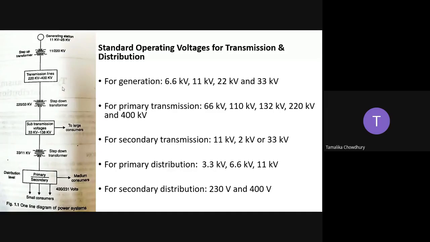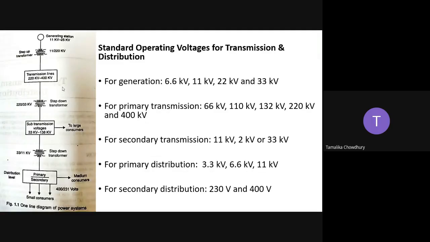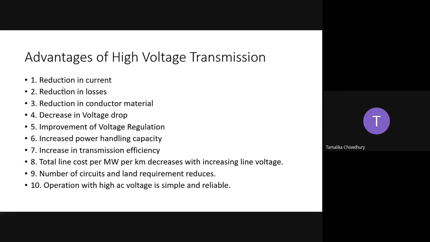Okay, so next, moving on to the main thing, the transmission and distribution advantages. Among these three, you can see the voltages of the transmission part are the highest. At the primary transmission stage, it is carried at the highest voltages, then the secondary transmission has the next highest voltages. So why is there a need to carry the transmission part at high voltage? What is the reason that we carry out transmission at high voltages? Here are the main reasons, or rather the advantages of high voltage transmission.